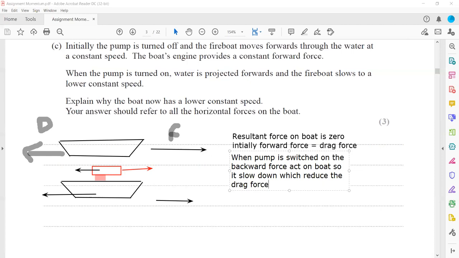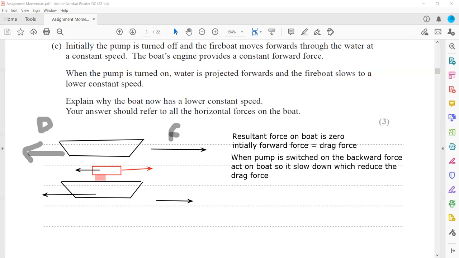And once the drag balances with the forces which are acting, number one, the forward force F is there, and drag. Here also, when the pump is switched on, there's a backward force, and due to this backward force, the resultant force is backward, or opposite to the direction of the motion. That's why